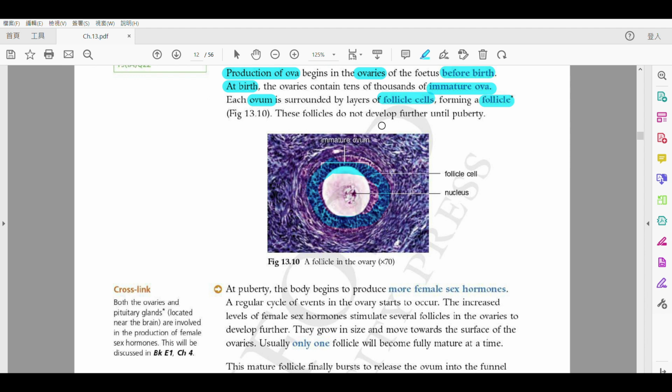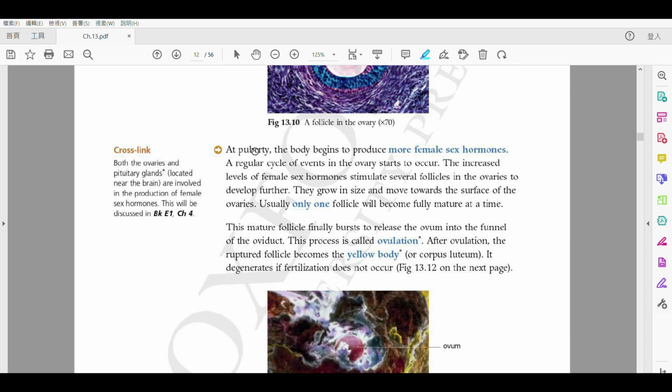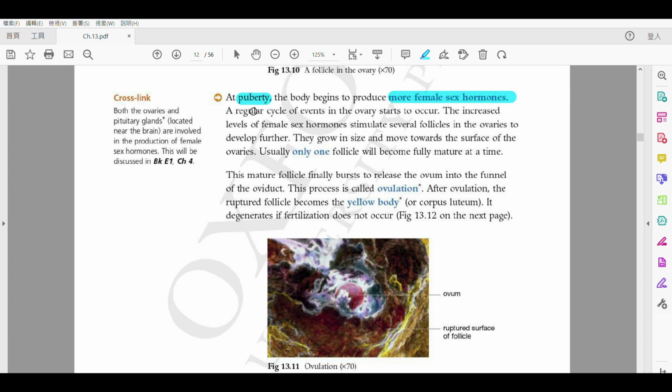OK, so they will stop developing。OK，佢哋會 they will stay at this stage，佢會停留喺呢個位呢個階段啦，until they reach puberty，直到佢到 puberty 啦。好啦，咁然後咯，and then at puberty，當佢去到 puberty 嗰陣時，what will happen？Again，佢 produce more female sex hormone 啦，然後啦，there is a cycle，呢一個 cycle 緊要啦，for the ovary to occur。OK，有一個